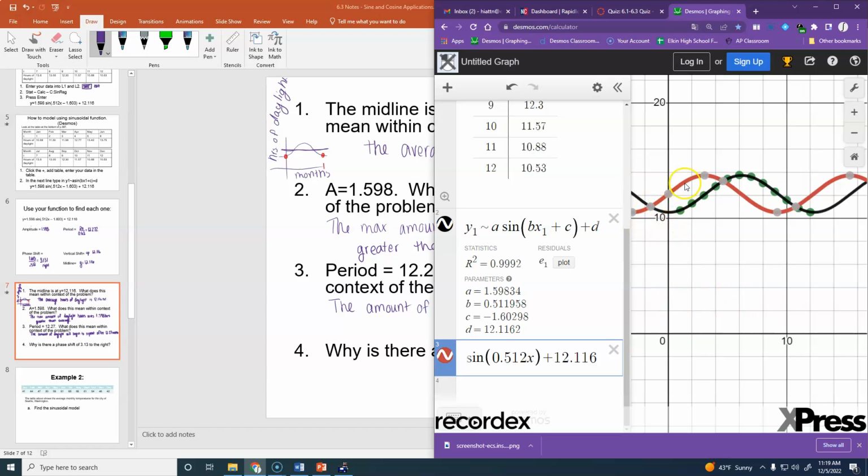Why does it need that phase shift? So right here, really, if we wanted to, a cosine function would not have to have been shifted as much, right? Because we're pretty close to a